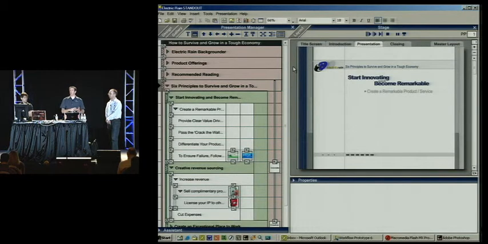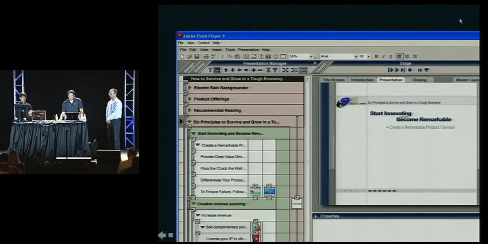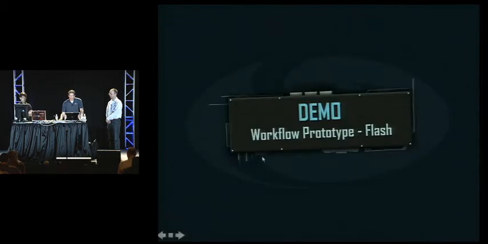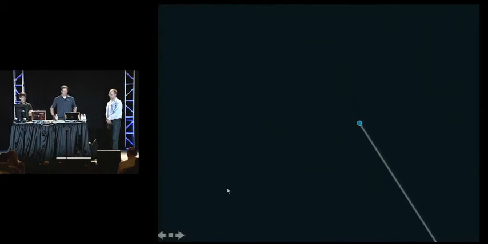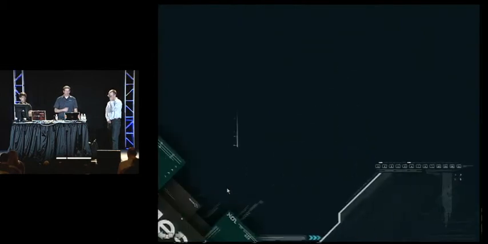So not radically different to what we saw in the Visual Basic prototype, but now we're moving into actually working around this core workflow and building some tools, or at least thinking about some tools that might facilitate helping the presenter actually organize their content prior to building out the presentation itself. So that was a Flash prototype that we'll make go away here. And I think that will bring us right back to the end of my section of the talk,